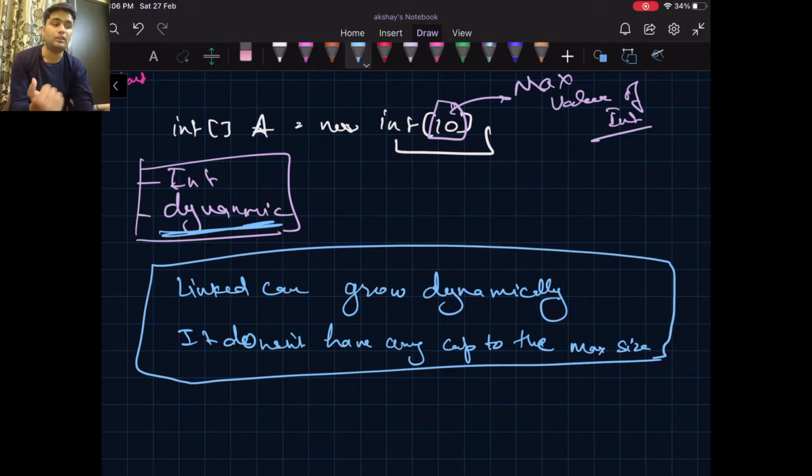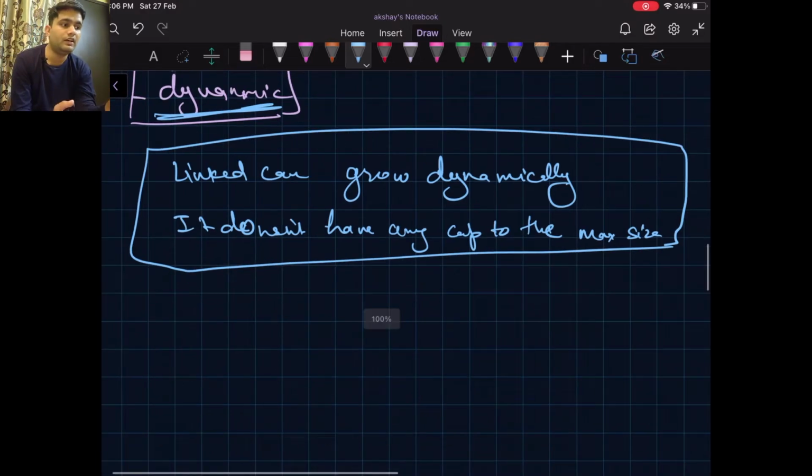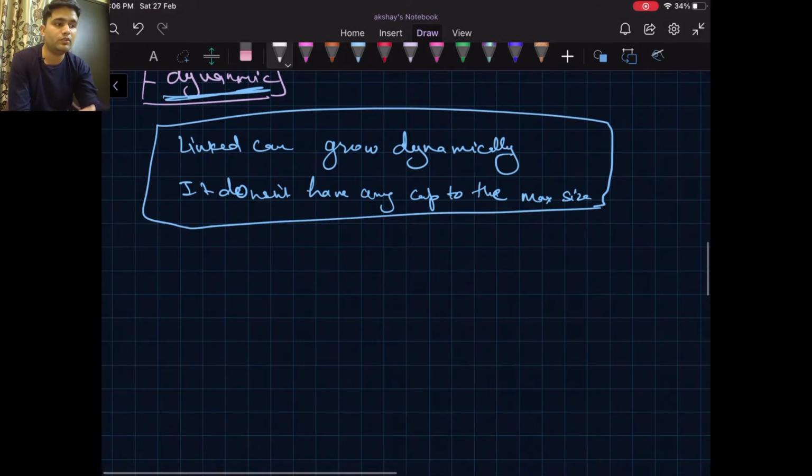Okay. Also, there are some more benefits while using linked list instead of array. We will discuss them down the line, and we will compare after the complete linked list code and complete ADT structures. We will again compare the array and linked list together, and we will see how different operations in array have different complexities with linked list. Okay, so let's now move on with the linked list ADT.